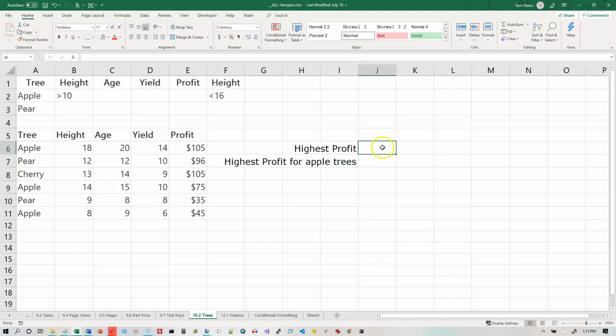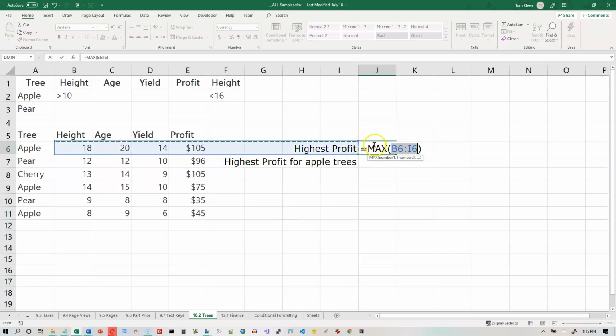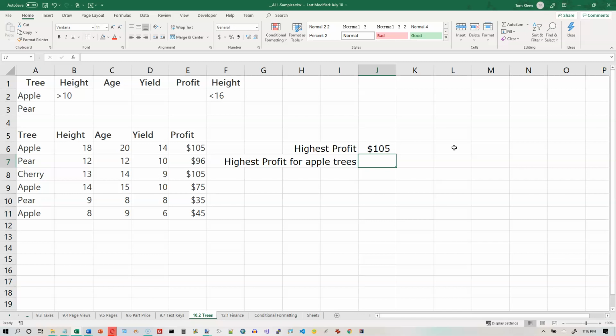Okay. So in J6 here, I just want to find the highest number from among all the numbers that are in here. And that is going to be on the Home tab, under the Autosum button here, and we want to find the maximum. It looks for the closest numbers. Those are not the numbers we want to find the maximum of. These are the numbers right here, so just take your mouse and click and drag through them. When it says E6 to E11 over here, you're good. Go ahead and hit the Enter key, and it'll tell you the maximum profit on any of our trees was